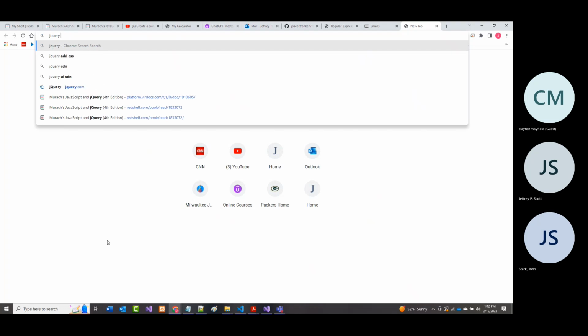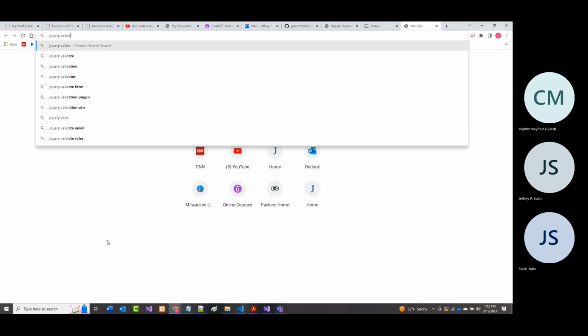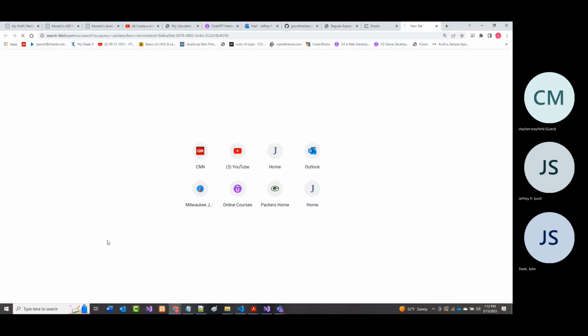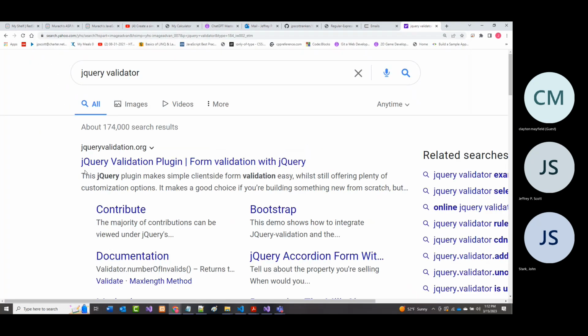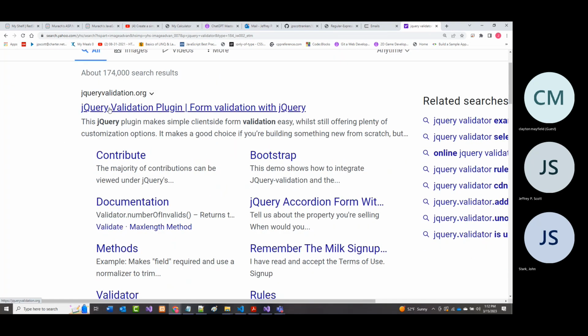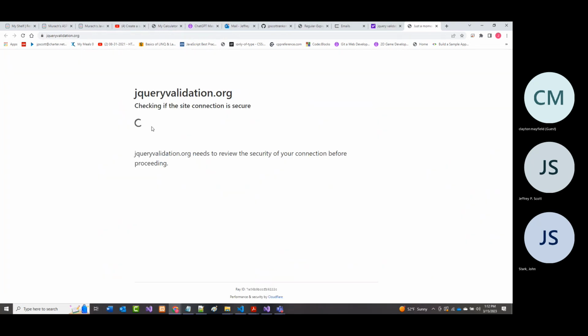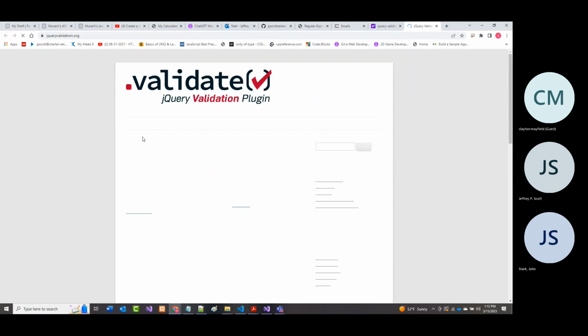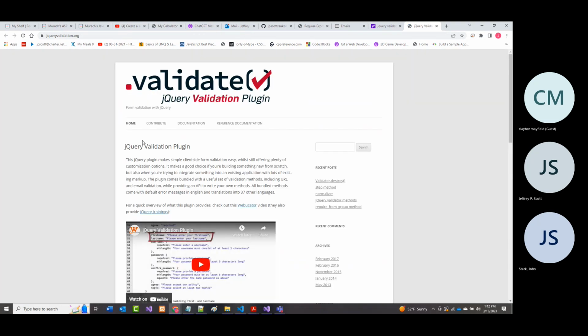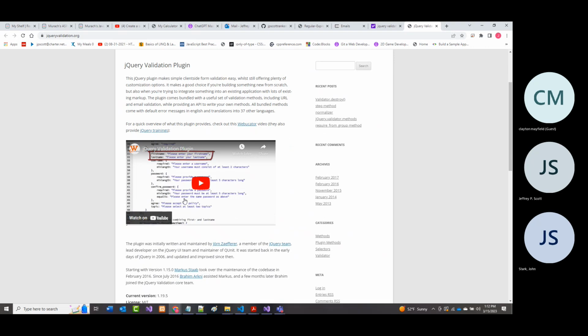Now, you may or may not care, but I'm going to come in here and put in jQuery validator, and it's coming up with jQueryvalidation.org, a plugin with form validation from jQuery. The reason I'm telling you this is there's about a 12-minute-long video that I always go through in my AWD1000 class.